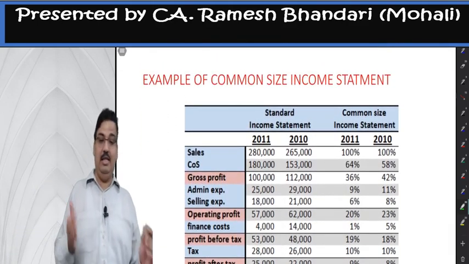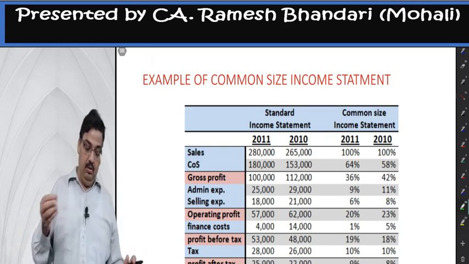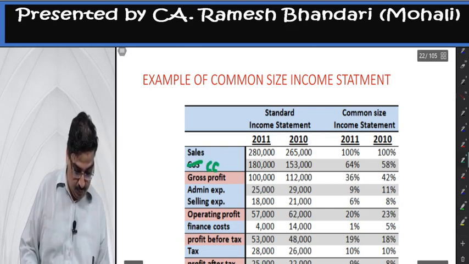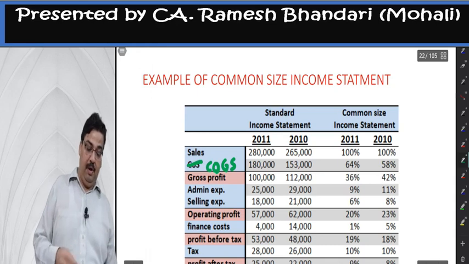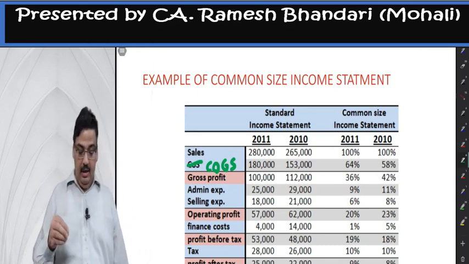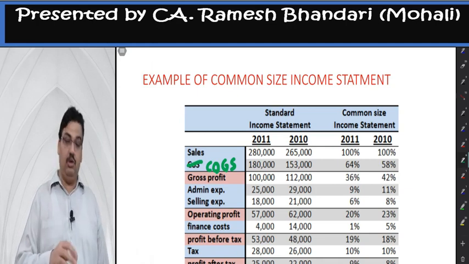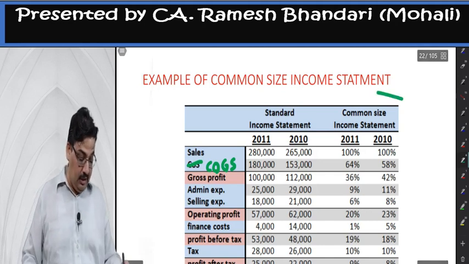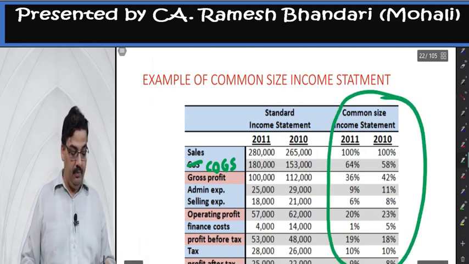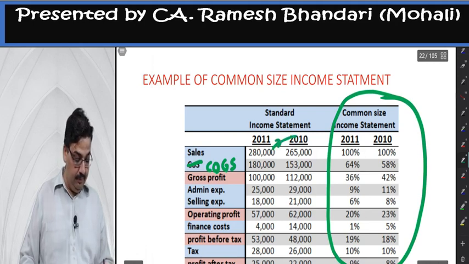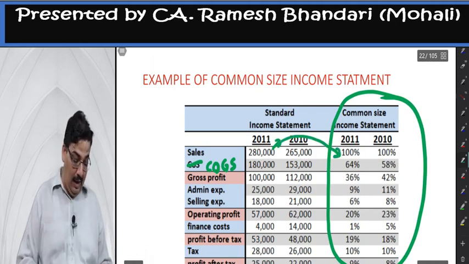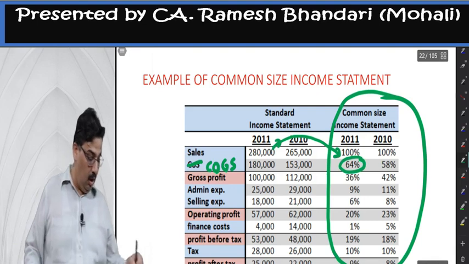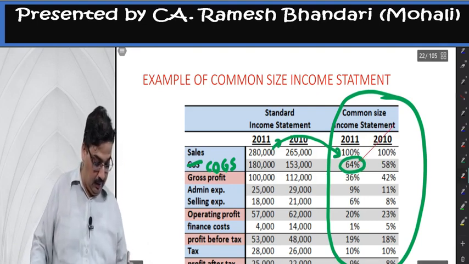You can see there is standard income statement given. Sale, cost of goods sold is there, gross profit. This is cost of goods sold. You get gross profit, then administration, then selling, operating profit, then it is before interest and tax, then finance cost, that is interest, profit before tax, then after tax. These are given. Now, this is common size income statement explained. I have to take this as 100. This is 100. So 1,80,000 divided by 2,80,000 into 100 is this percentage. How did I compute this? I am writing for your remembrance.